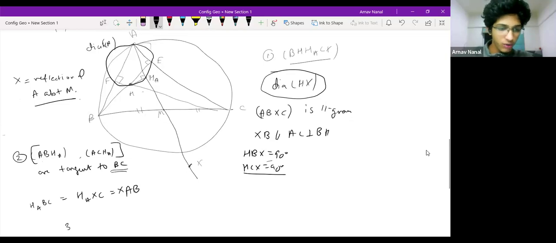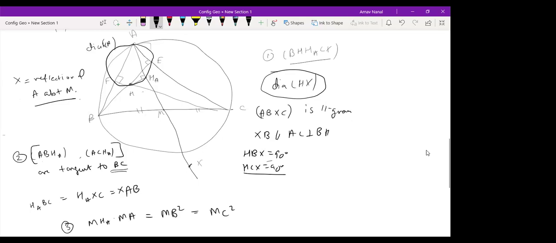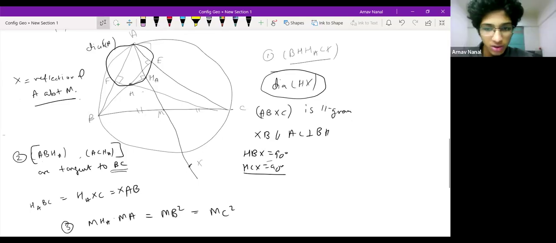Also, a corollary that follows directly by power of a point is that MHA times MA is equal to MB squared, which is equal to MC squared. Does everyone see why? It's directly by power of a point. MB is tangent to the circle AHAB. Yeah. So one more thing we can deduce from this is that